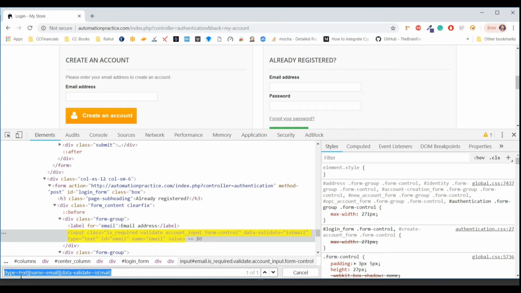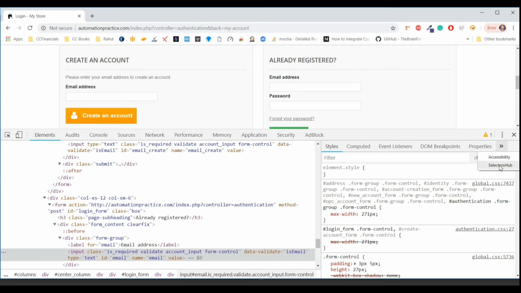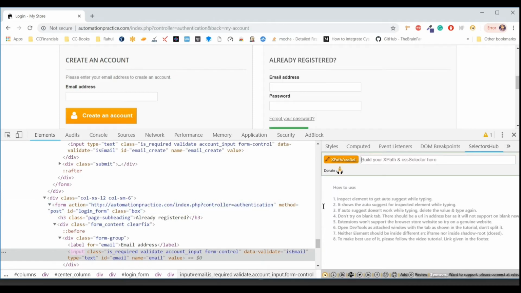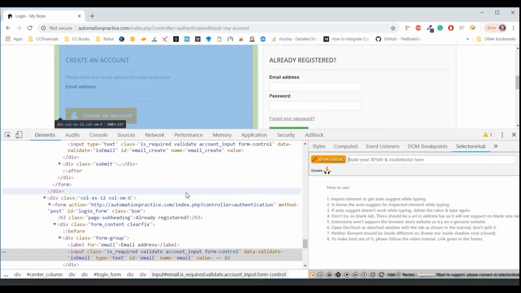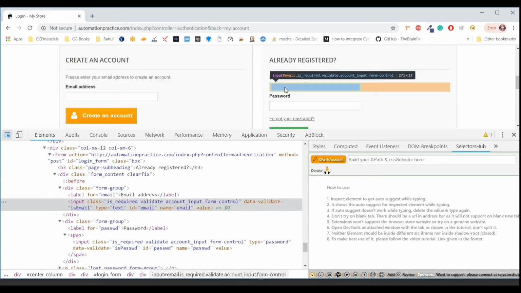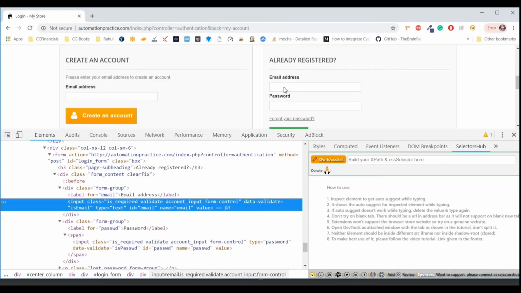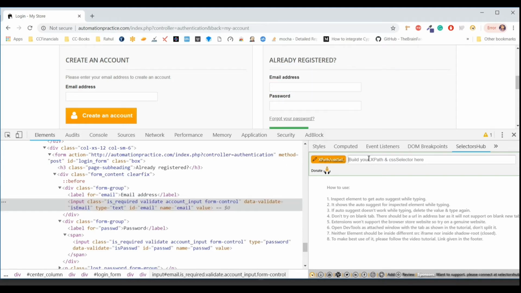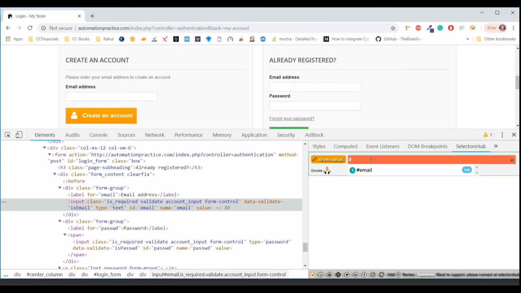So this is another way, and there is one more method, that is the selector sub extension. Okay, so it is really simple and really improves the productivity. So you can just click on the element, the text box or whatever you want to extend the locator for, and just start typing. If you want to use the class name, just type dot and the class name, but since this class name is present in 3 locators, I won't use it.